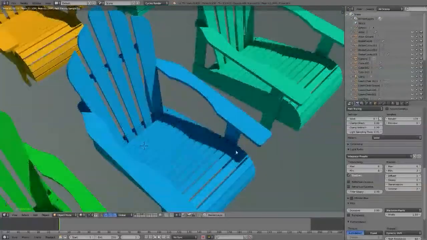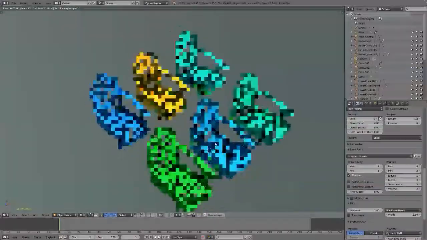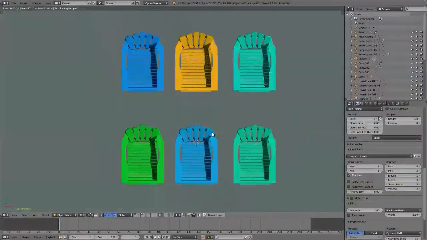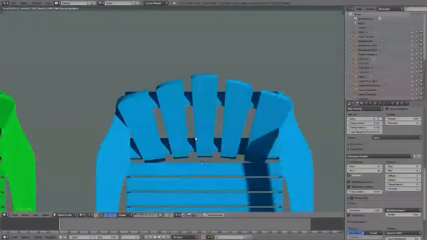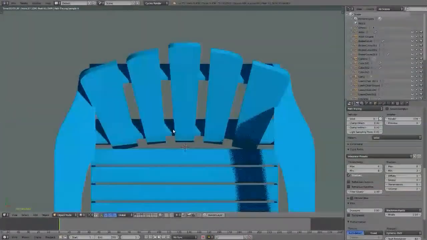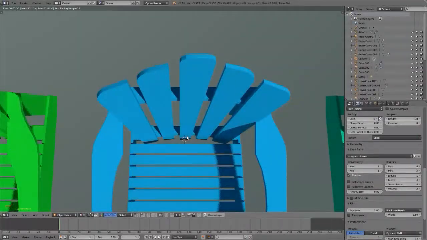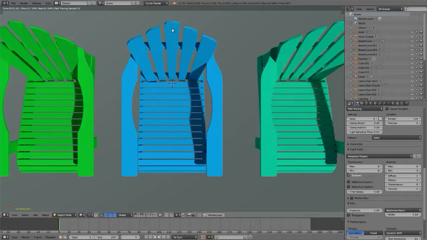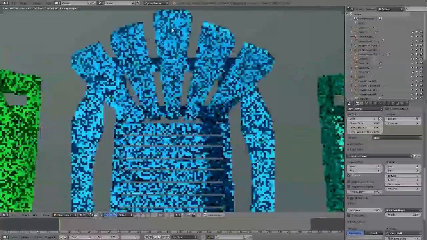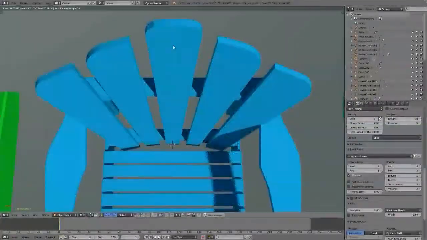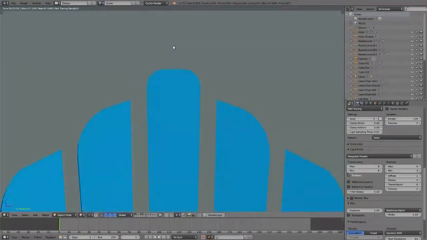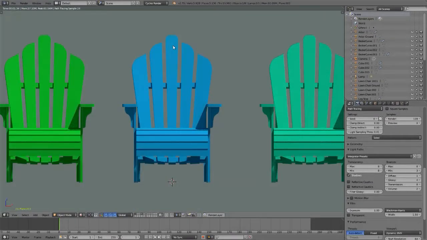But if we pay a little bit of attention, we can approximate their shape, get the graceful curve that is sort of the highlighting point of Adirondack chairs. This curved back, which I think is actually kind of fun to look at. It's not Danish design good, but it is nice. And we can do this using a sneaky trick and some careful modeling, and we can also get it correct